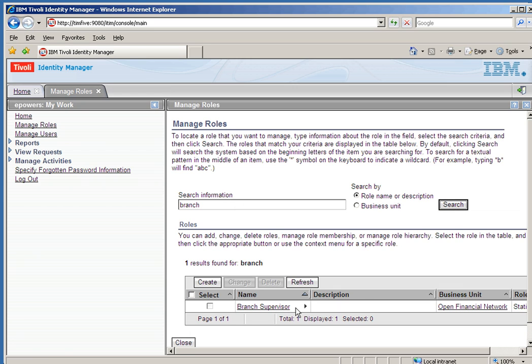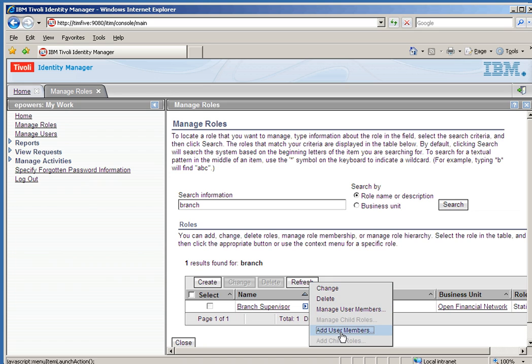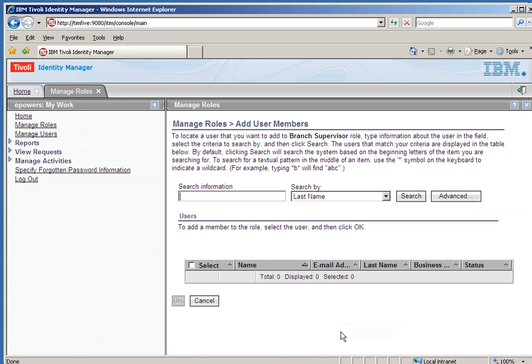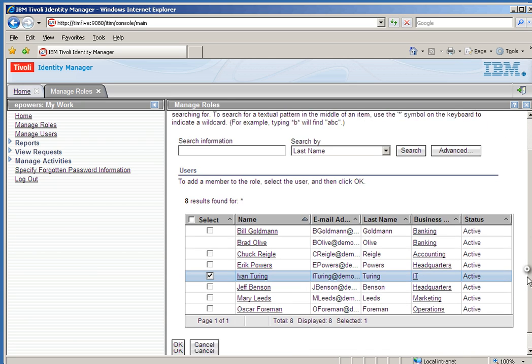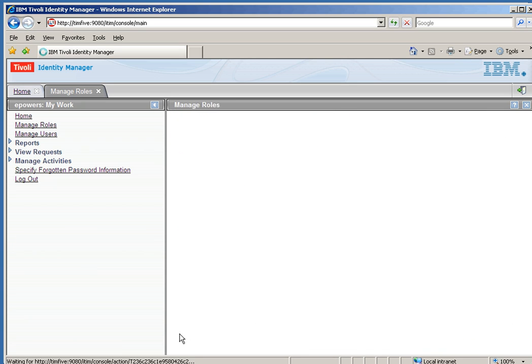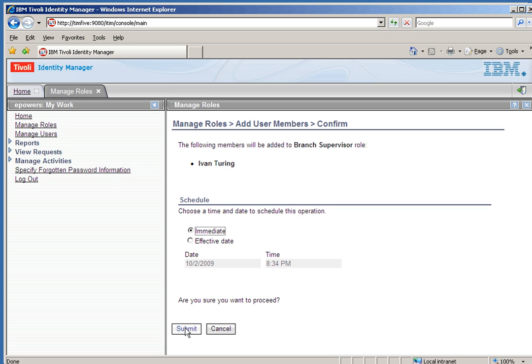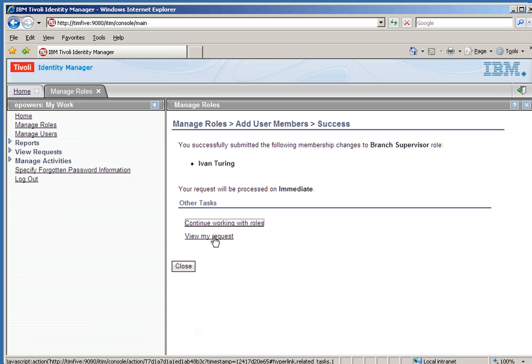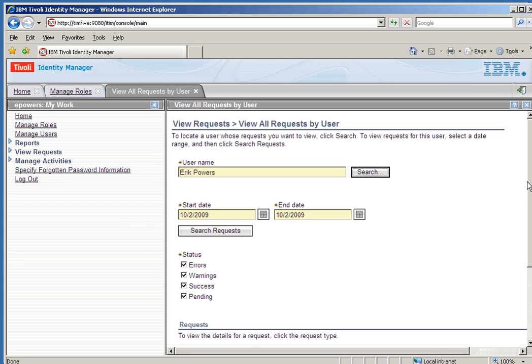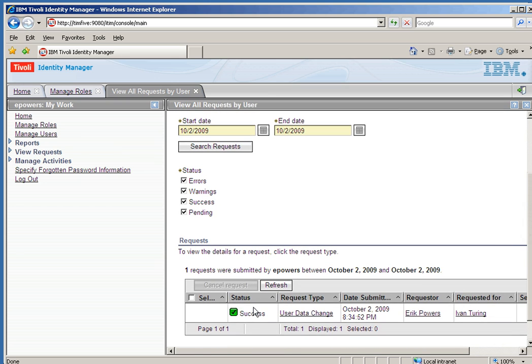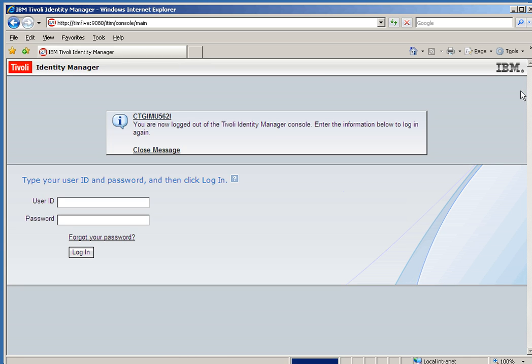And we have here the branch supervisor, and he has the authority to add users. So he can, for example, go ahead and add, let's say, Ivan Turing. He's going to add Ivan Turing to that role. When does he want to do it? Immediately. This requires no approval because he is the business owner. So it's automatically successful. So now Mr. Turing, if we log in,